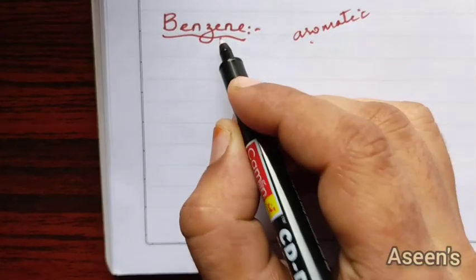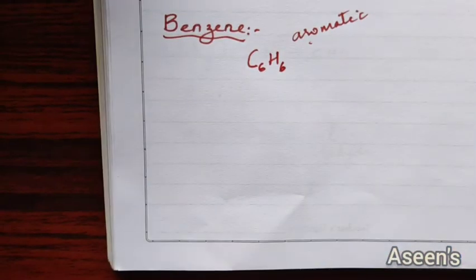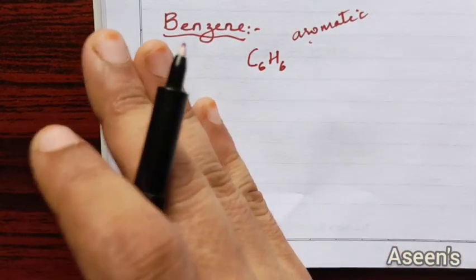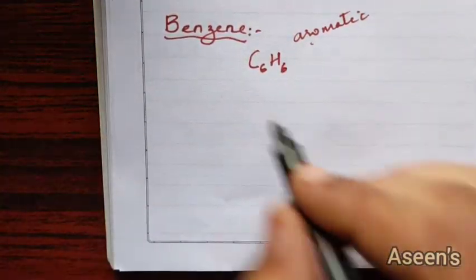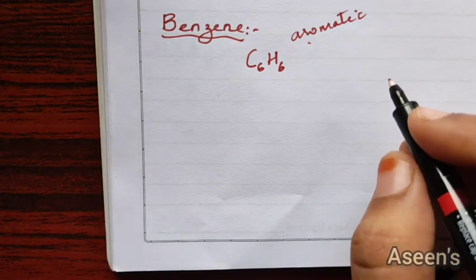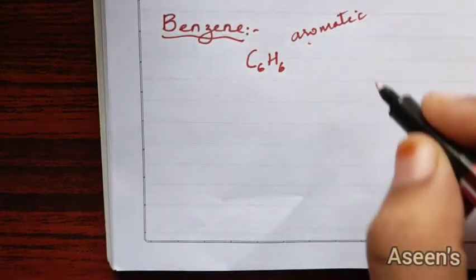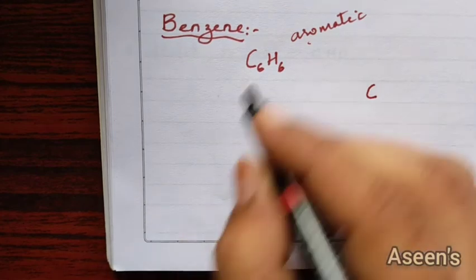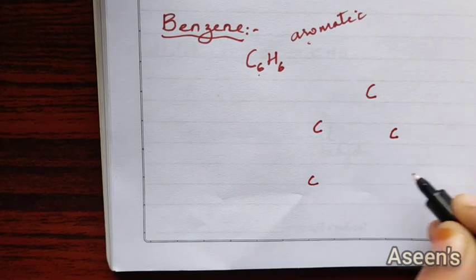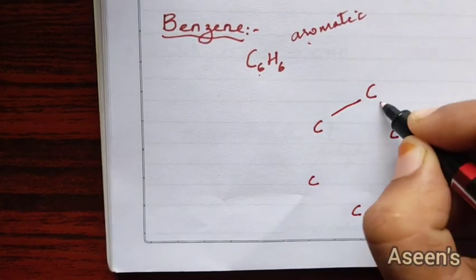So this benzene, its molecular formula is C6H6. It does not obey the general formula of alkanes and alkynes. This is completely a different category. Now, the structural formula is normally asked for 2 marks or 1 mark, depending upon where they have asked and what else they ask along with it. If you are supposed to draw the structural formula, see, a C6: 1, 2, 3, 4, 5, 6. I'm going to connect them.